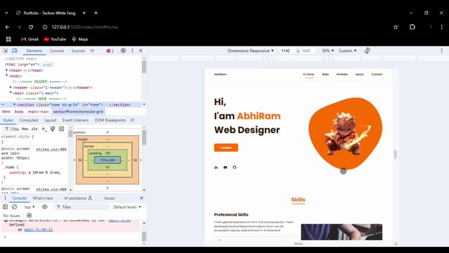So the source code for this portfolio is available in the description with the live preview link, and it is basic HTML, CSS and JavaScript. It is easy to understand,